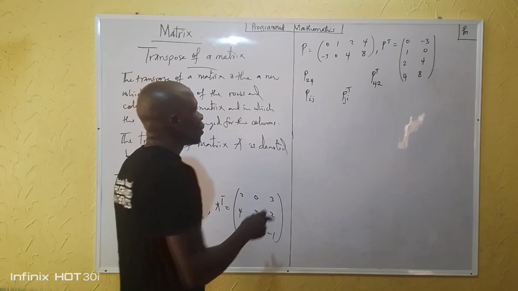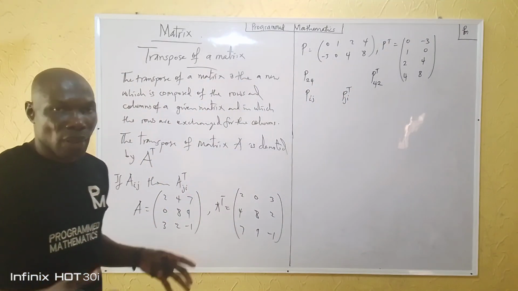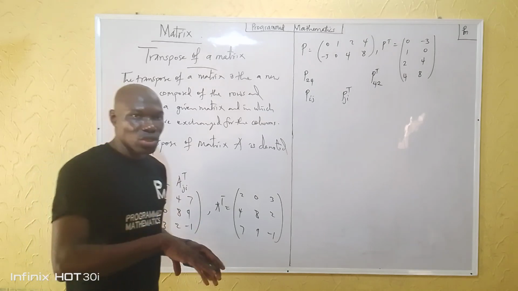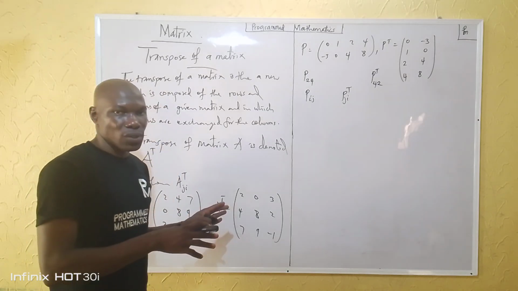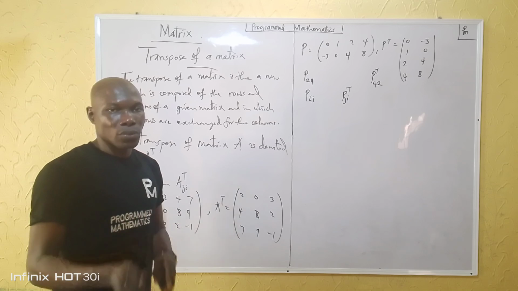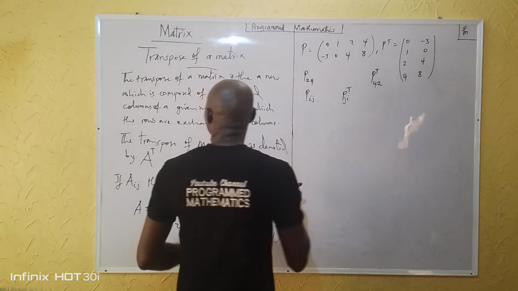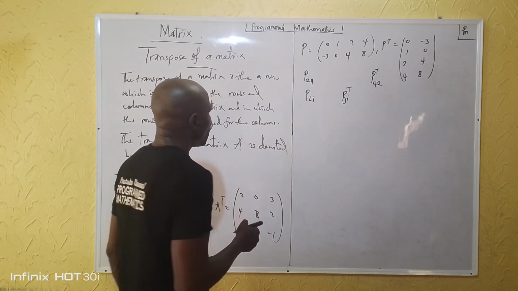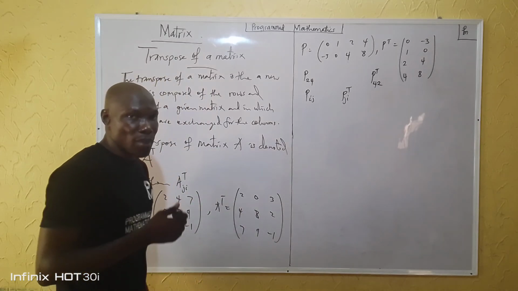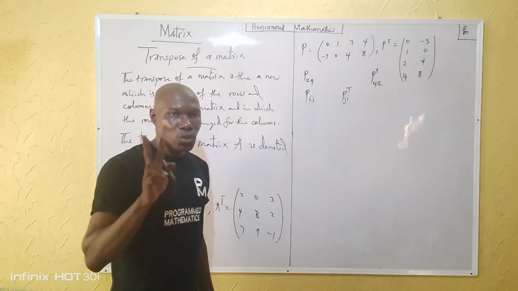Okay? So when we talk about the transpose of a matrix, we are simply forming a new matrix by exchanging the rows and columns of the old matrix. So the rows become the columns, or the columns become the rows. Now, if that is clear, based on this transpose of a matrix, we can also talk about two basic